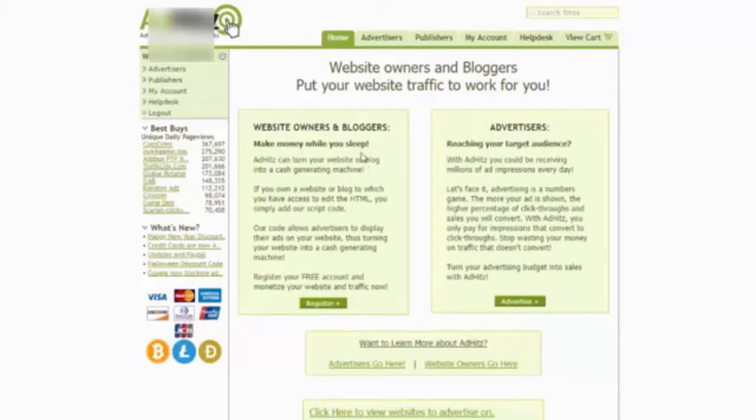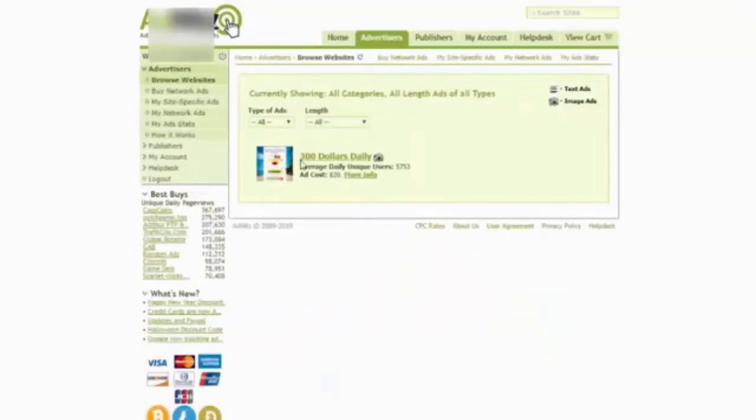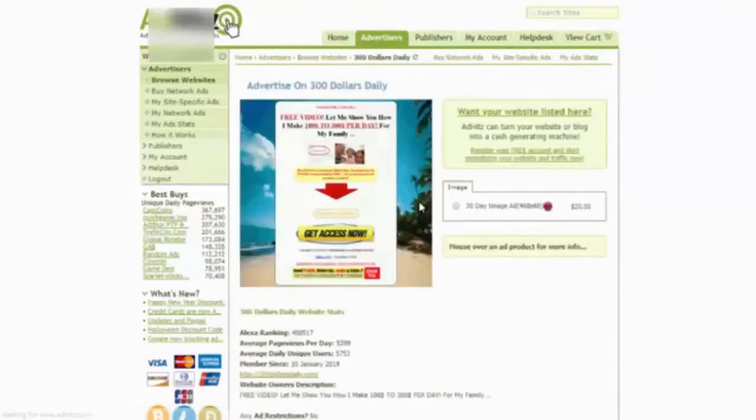So I recommend first to go here to search and type 300. Okay, when you type 300 and click enter, you will find one page, one place, and let's visit.